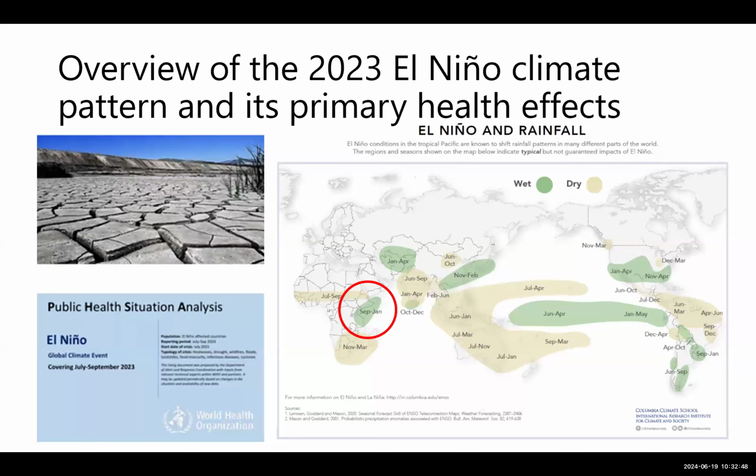So we should be quite familiar with this. This comes out of the PHSA that was published end of last year, which is not the first of its kind. There have, of course, been a number of documentations and publications released related to El Nino related events by WHO from way back in time. But this is the latest one that we picked up on, and given that I am currently also with the